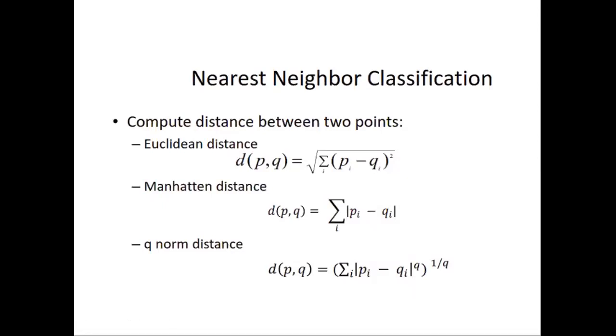See, here Pi minus Qi means A1 dash minus A1: attribute 1 in the test example minus attribute 1 in the training example. You have to subtract, take the square, and add it to the second attribute: attribute 2 in the training example minus attribute 2 in the test example. In the previous cases we have taken names. Instead of that we'll assign values and do this calculation. Once we start implementing the algorithm, you'll understand exactly how calculations are done.